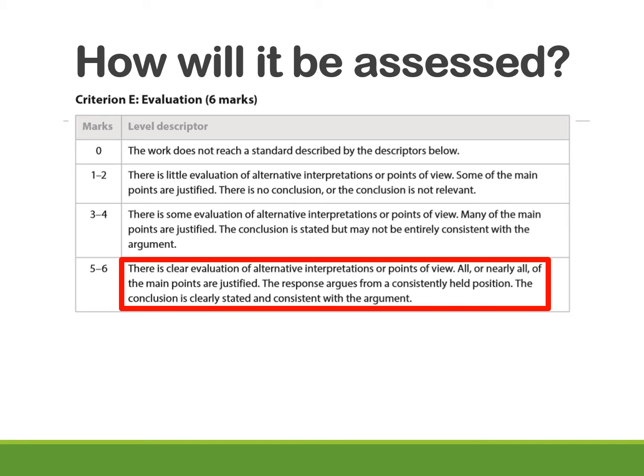So the criteria says, for the top band, there is clear evaluation of alternative interpretations or points of view. All or nearly all of the main points are justified. The response argues from a consistently held position. The conclusion is clearly stated and consistent with the argument. So the first part,